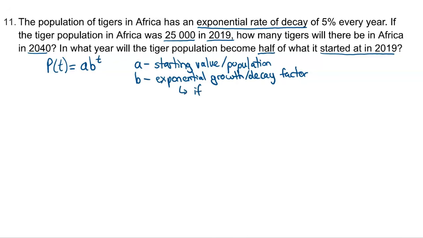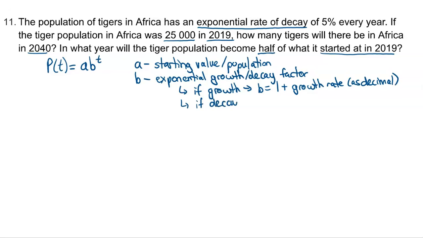So for an exponential growth, B is equal to 1 plus the growth rate. Now that growth rate has to be listed as a decimal. If it's not as a decimal, then it's not going to be correct. So for example, if you had a 5% growth rate, you list it as 0.05. If it's decay, we're going to write it as B equals 1 minus the decay rate. Now in this case, the decay rate is what we have because it's becoming less every year. And so we write that also as a decimal. So in this case, what we're going to get is 1 minus 0.05, which is going to give us 0.95